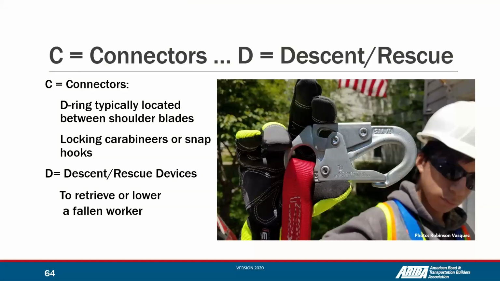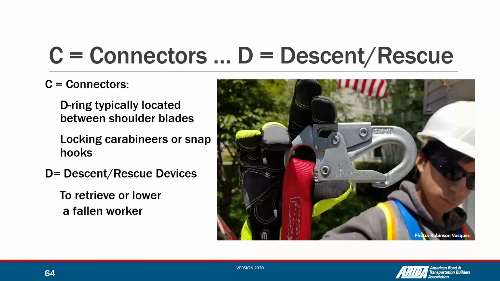The snap hooks and carabiners should have the ANSI certification and the pressure they can receive engraved in the metal part. Verify this information and verify that these snap hooks or carabiners are made according to the ANSI requirements. Because if not, there are other qualities, sometimes imported from other places, that look the same but are not going to work in the same way. Then we talk about descent and rescue devices.